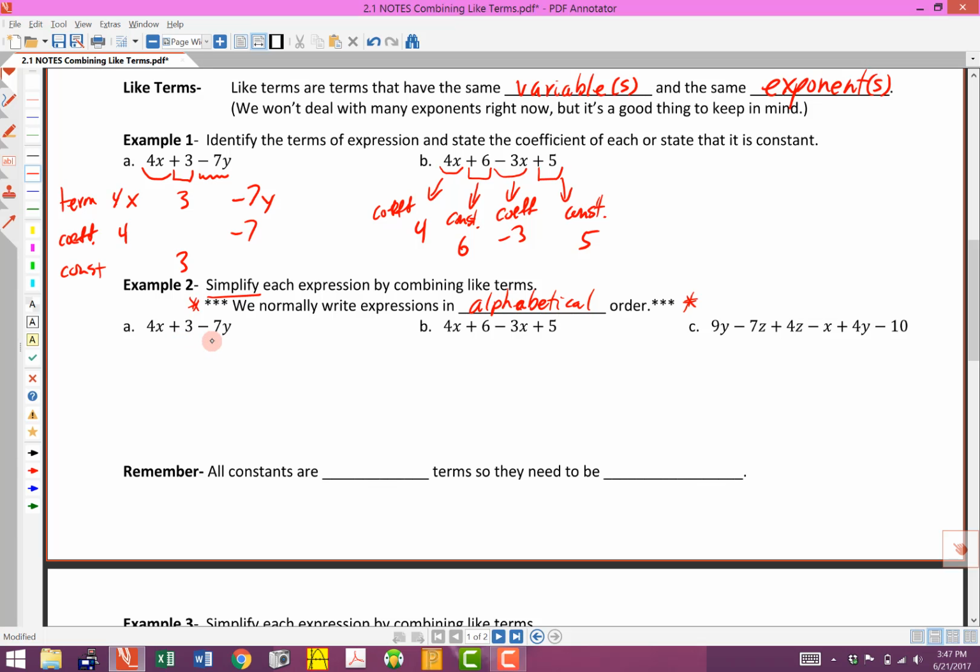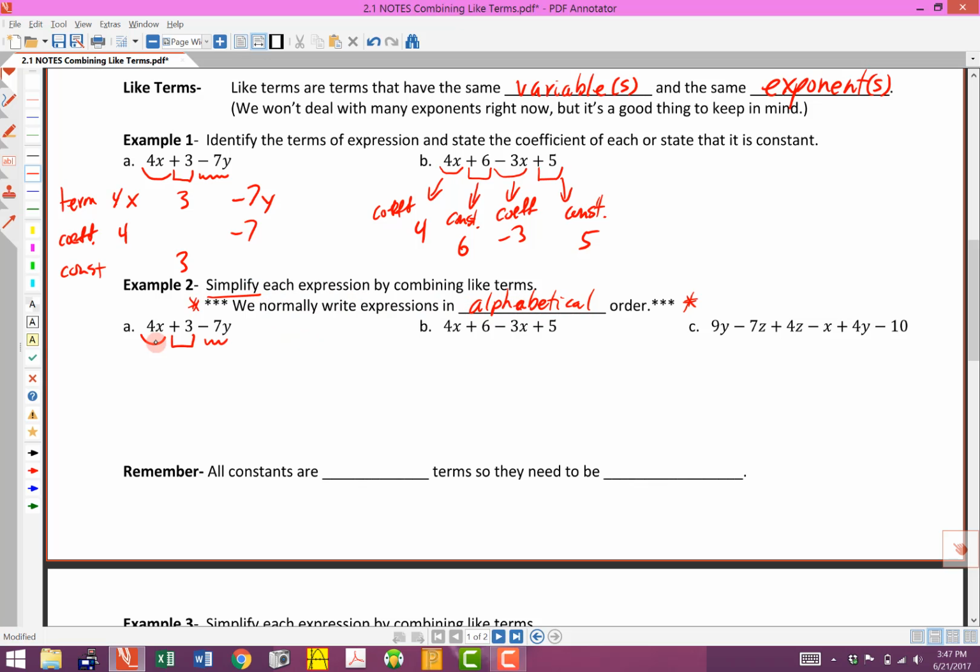In order for them to be like terms, they have to have the same variable and the same exponent. There aren't any exponents on this one right here, so we're just looking for terms with the same variable. Like we had up above, there's only one x term, there's only one constant term, and there's only one y term. So the only thing that we're going to do to simplify this is we're just going to write it